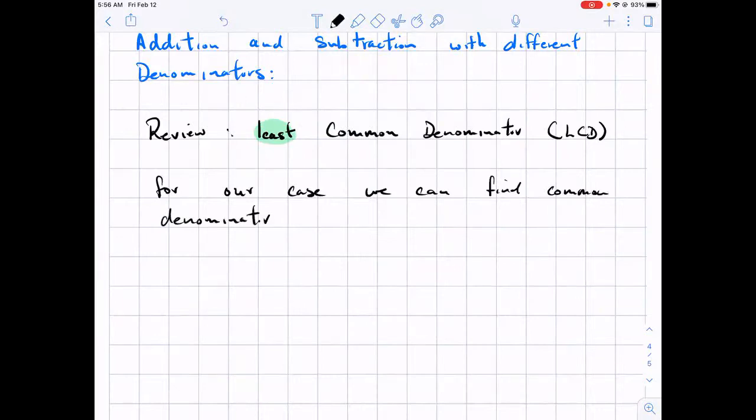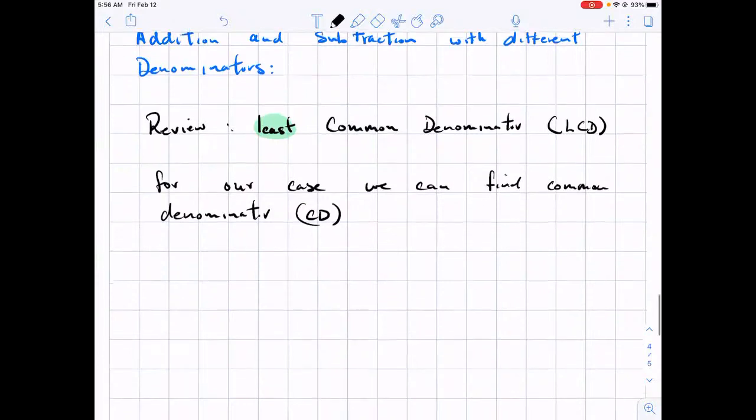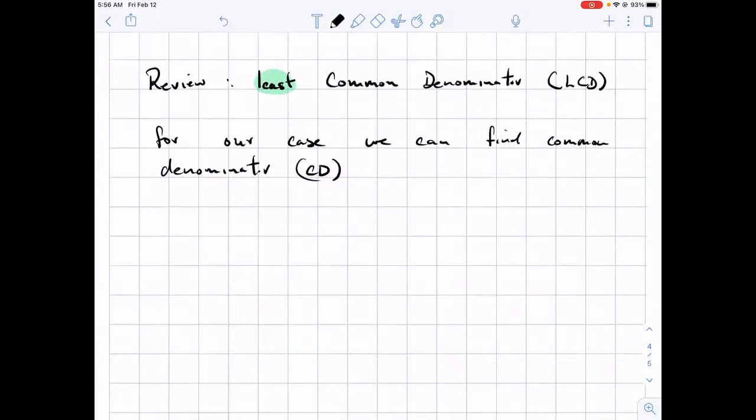It's okay if you find the least common denominator. We can just find a common denominator. So why am I telling you this? For example,